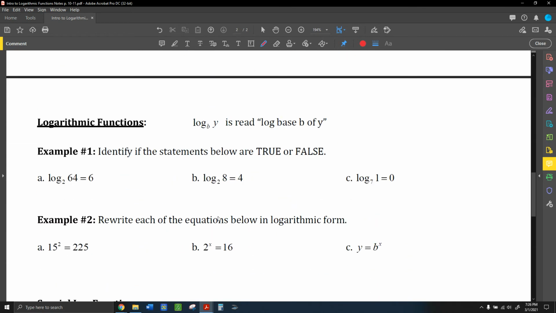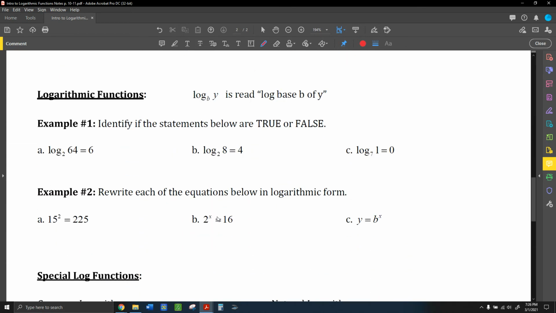Let's go ahead and determine whether or not these logs are true or false. Again, as a reminder, log base b of y is read just like that, log base b of y. Where y is the argument, it's the input of the log. So now I want to determine whether these are true or false. Again, you can think of these